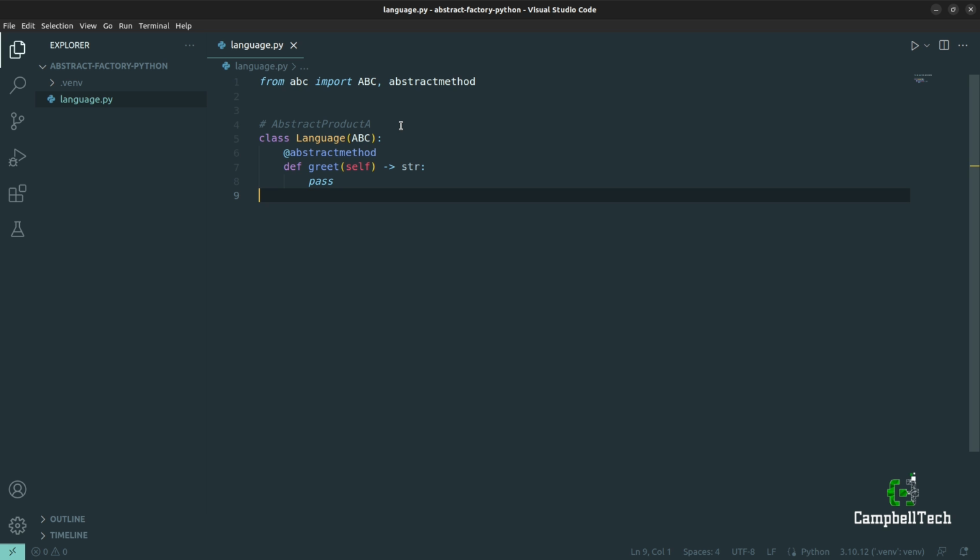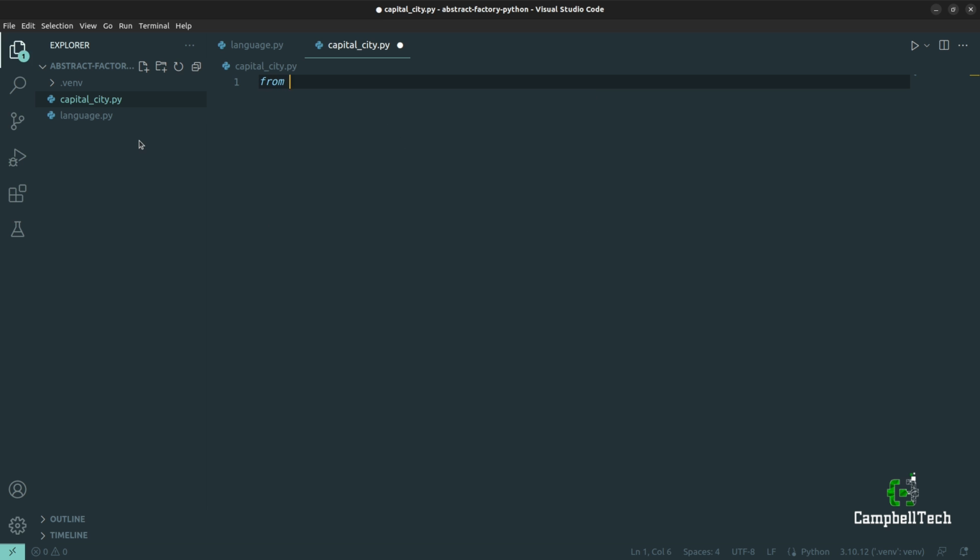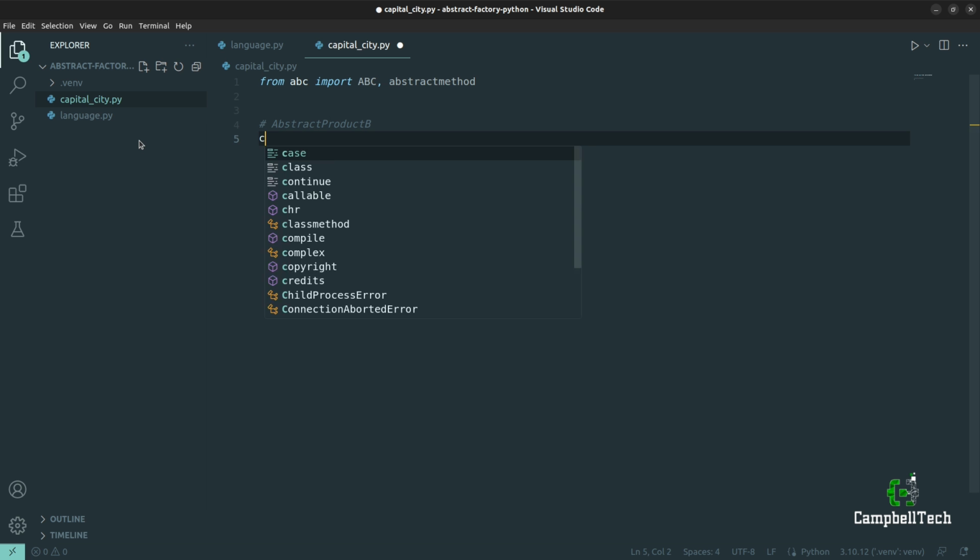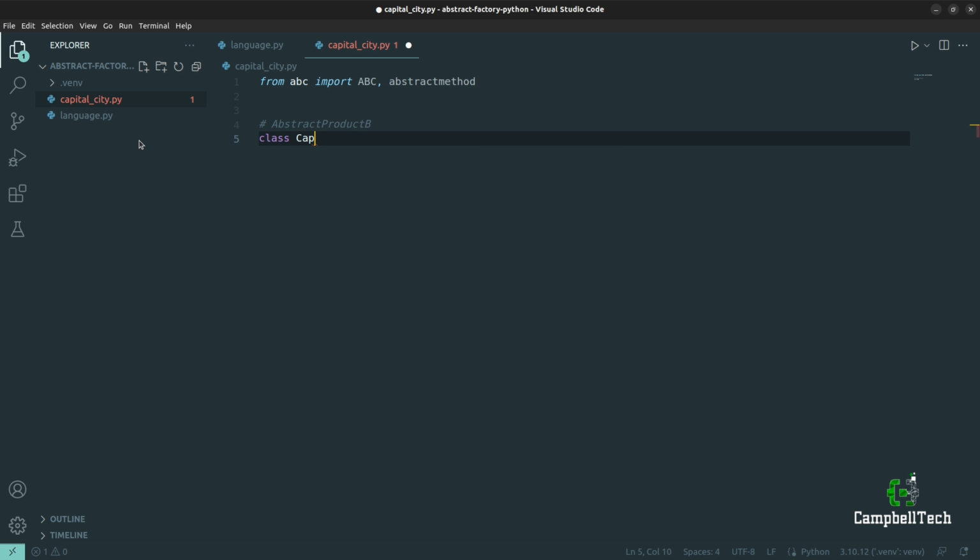So let's go ahead and create our abstract product B. Create a new file and call it capital_city. We can do the same: from ABC, import ABC, abstractmethod. This is our abstract product B, so let's mark it as such. And then we can say class CapitalCity,